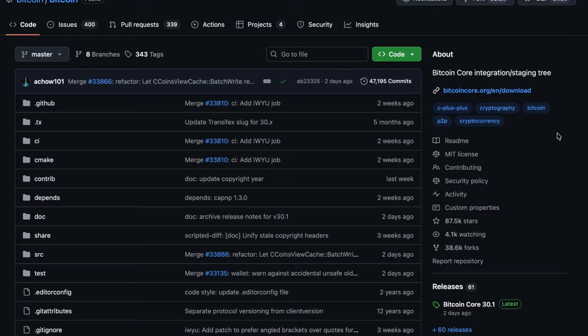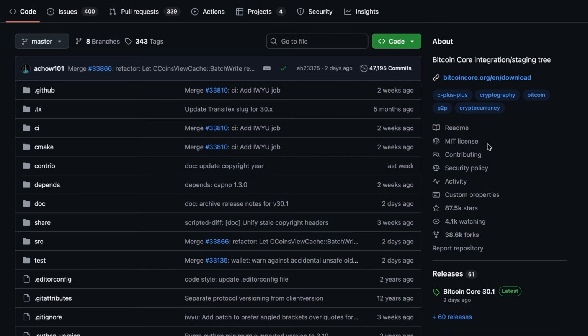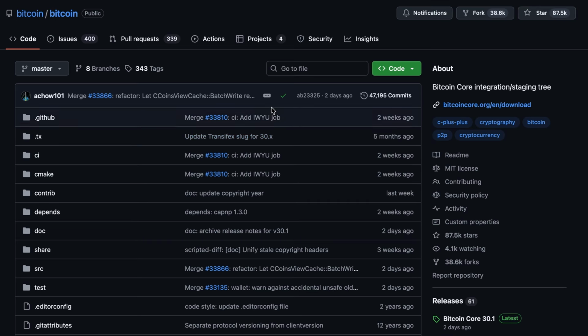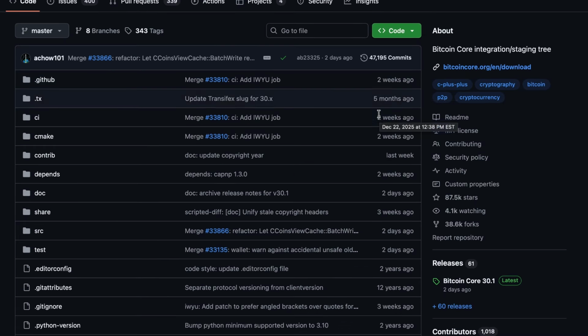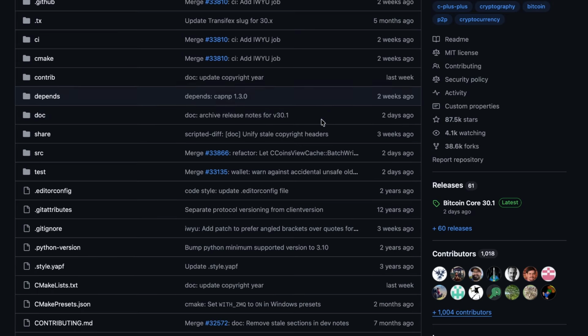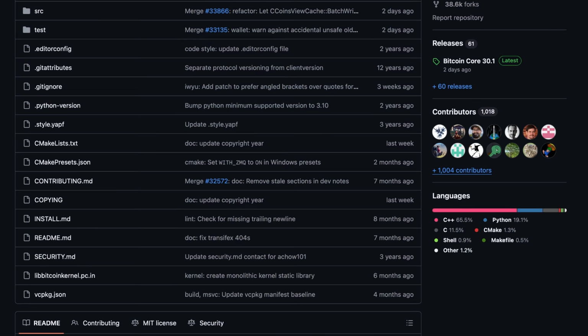And what we can see is the Bitcoin code that was released was fully open source. So you can go onto GitHub here and you can actually download Bitcoin itself. All Bitcoin is a piece of code. It's a network, it's software, and it's a lot more than that.